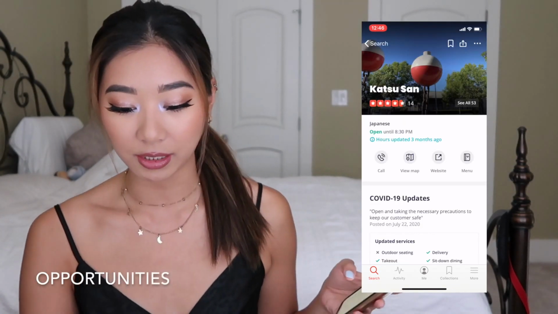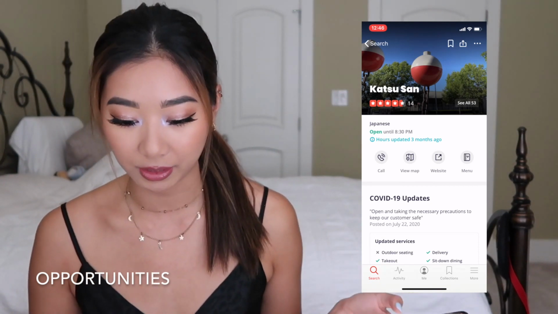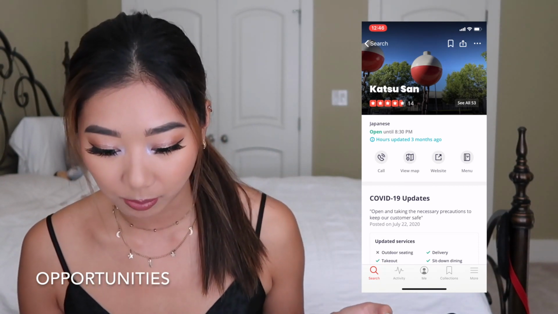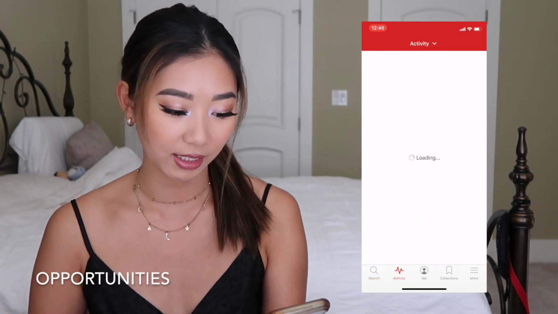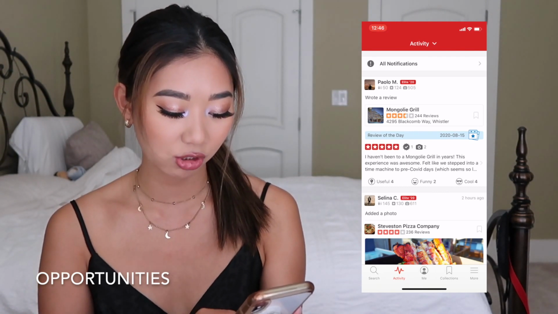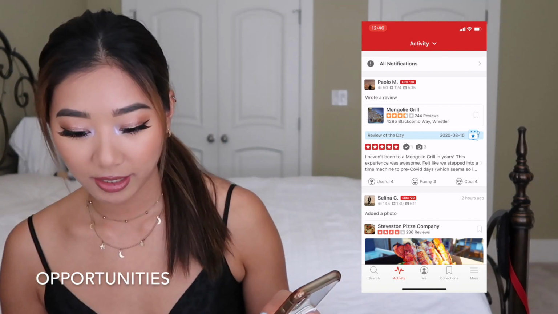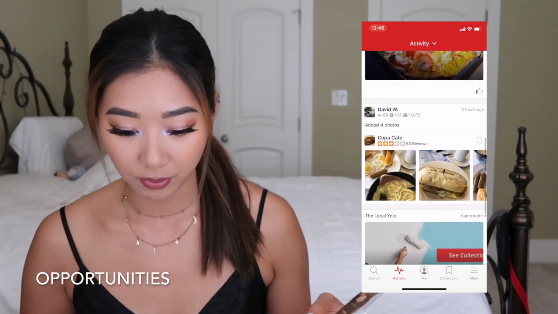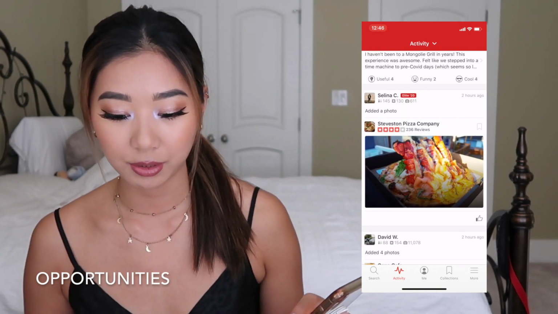So now, opportunities. What can we learn from the site or app? Is there anything we can be doing better or differently? Did they miss the mark somewhere we can capitalize on? I think the one area is this right here. Category at the very bottom, activity. I feel like it's just such a waste of categories down here, just because unless you are an active reviewer with friends, you're probably not going to use this majority of the time,